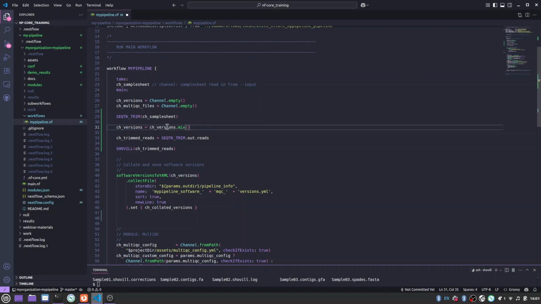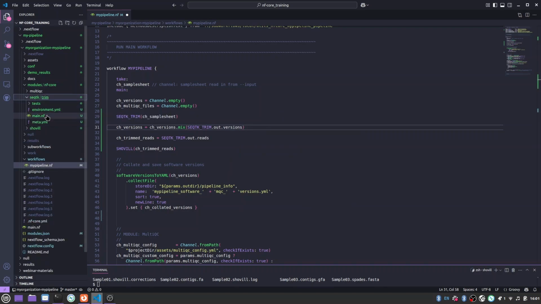So we have ch.versions mix, and then the channel we are going to add to ch versions, the channel we're going to mix it with, is SeekTK trim, because that's our process, and the output, so out.out versions. So let's go to that module,